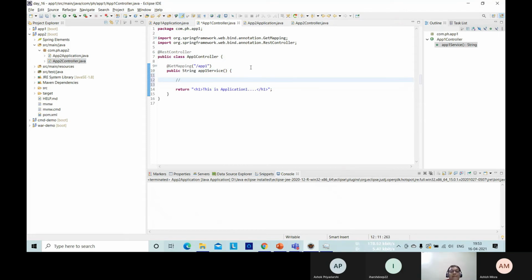So app 1 service is the service method of app 1 controller. As per my design, app 1 communicates to app 2. This is my desirable goal.